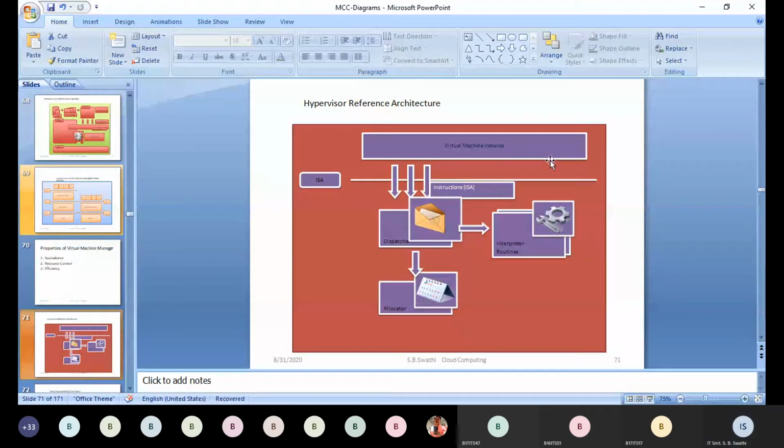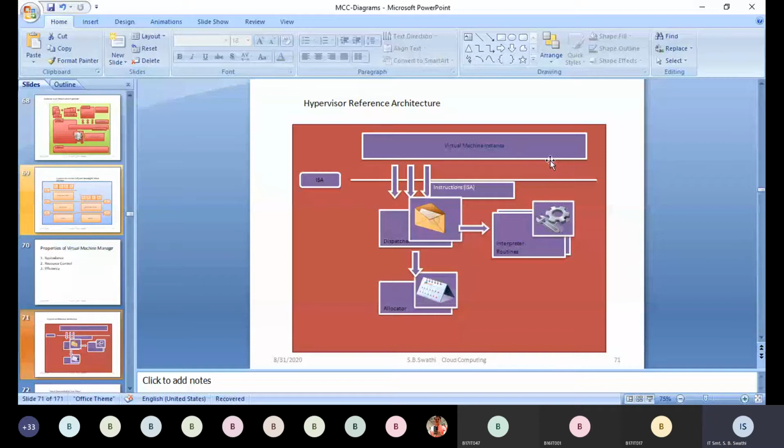VMM on ISA means it is hardware level, a native VMM, and it is type 1.